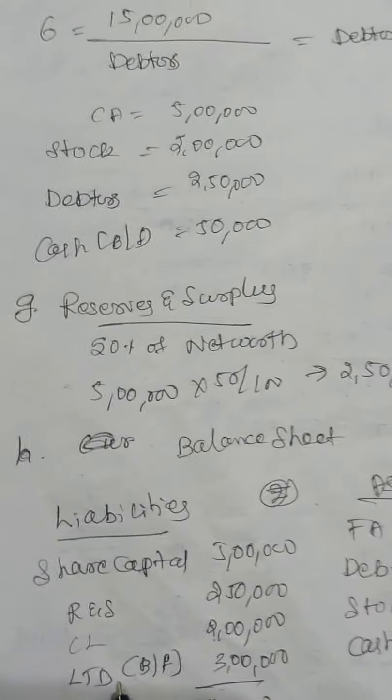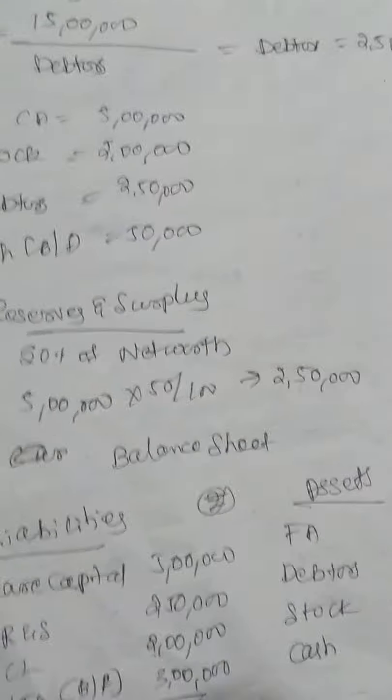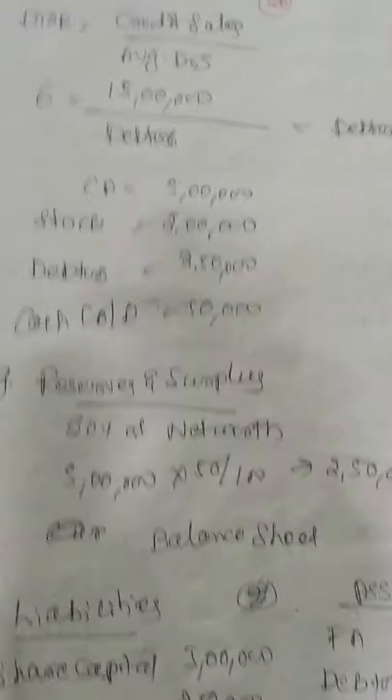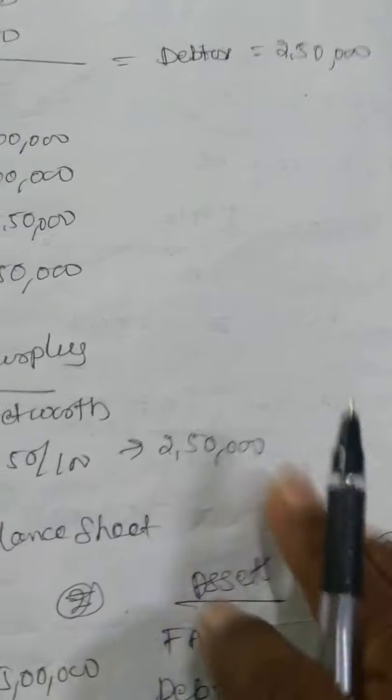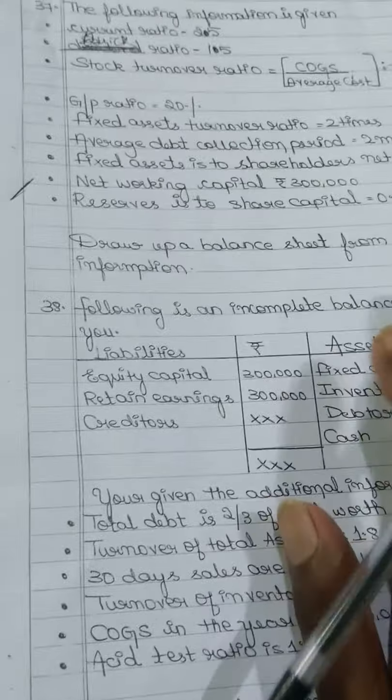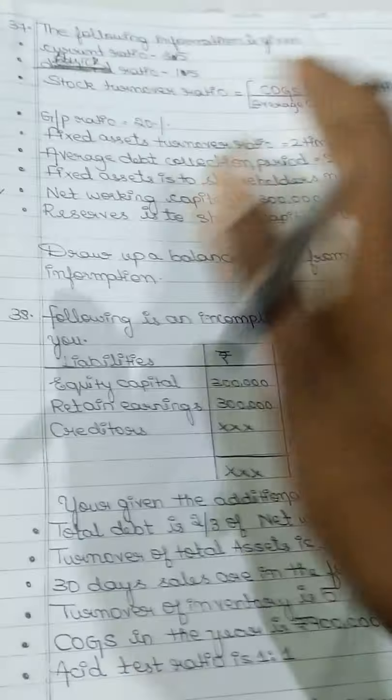So that is total will become 12 lakh 50. The balancing figure you can consider as long-term debt. Not only in this case, in any other question, if the problem is not getting tally, you can consider it as long-term debt. So asset side is cleared, liability side also cleared. Next, the take. So they have given balance sheet. So in this case, you can't find this like this. If they are giving balance sheet value, you need to identify. You can't create any extra adjustments.